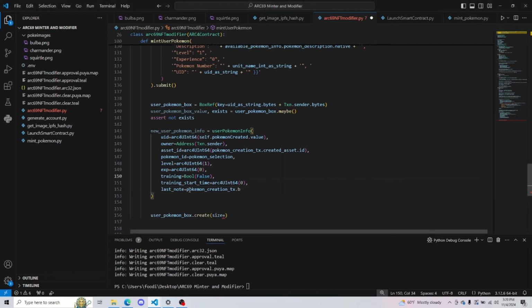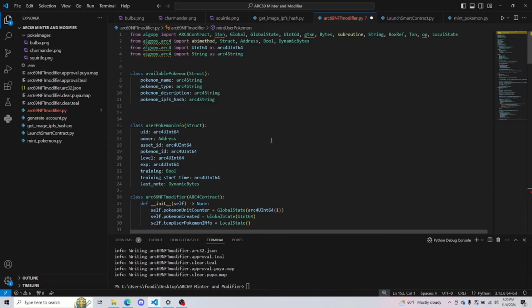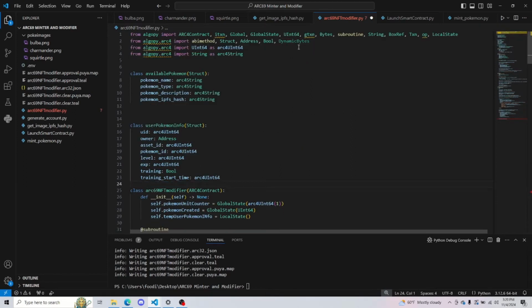Or now that I think about it, we don't even need to store the last note because everything we need to recreate the note field is already in this user Pokemon info. So we're actually going to remove this here. We won't need dynamic bytes,